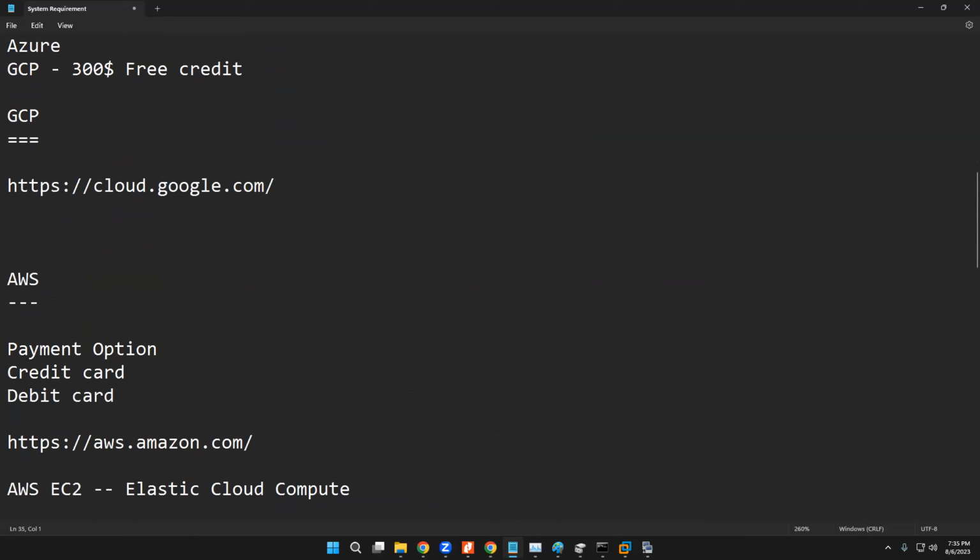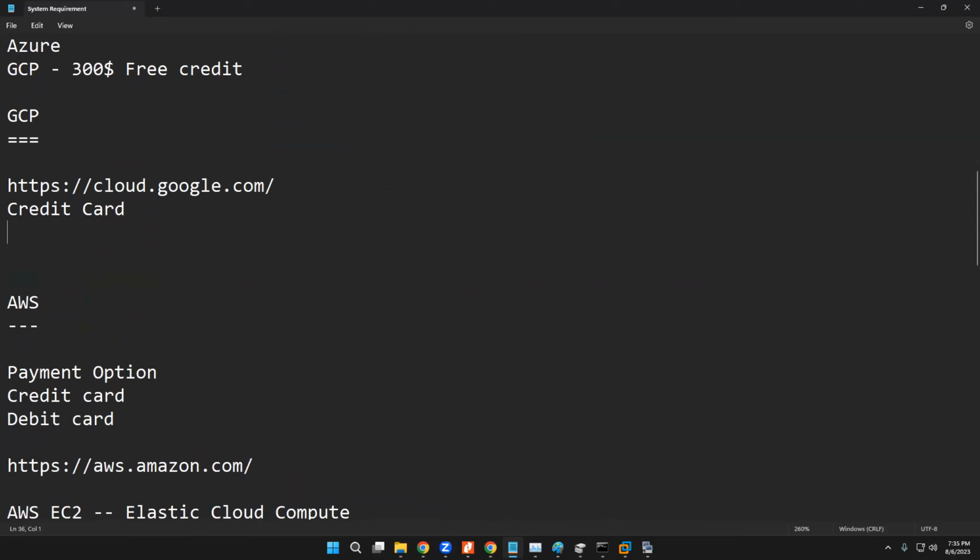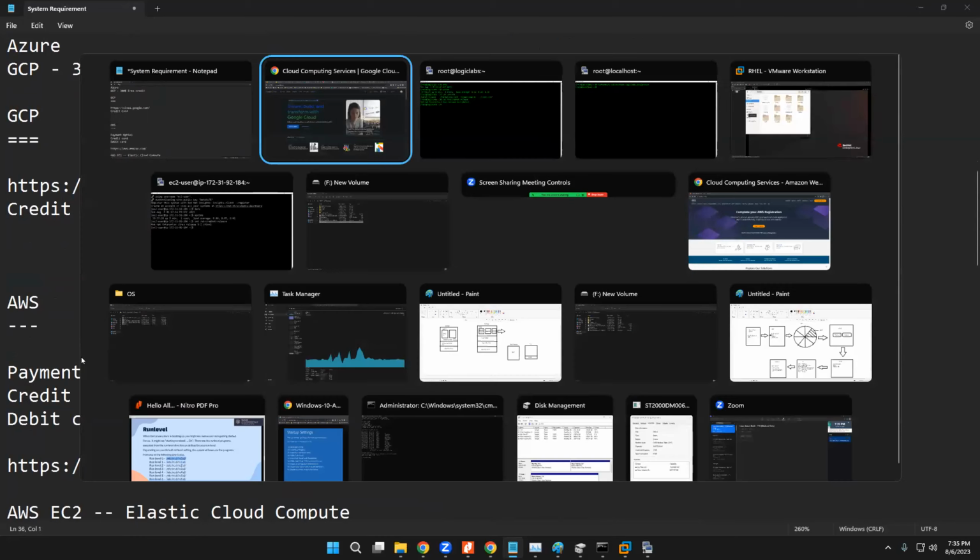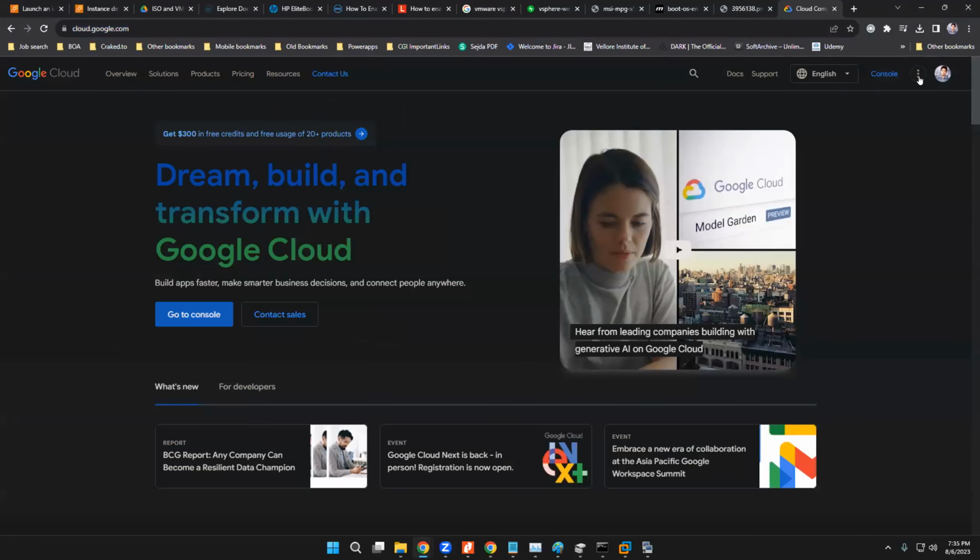And GCP, mostly it allows only credit card. And that too only Mastercard and Visa card it does allow. Okay, so you can't use RuPay card. If you are trying to, it might fail. And the one best thing of GCP is you can use your